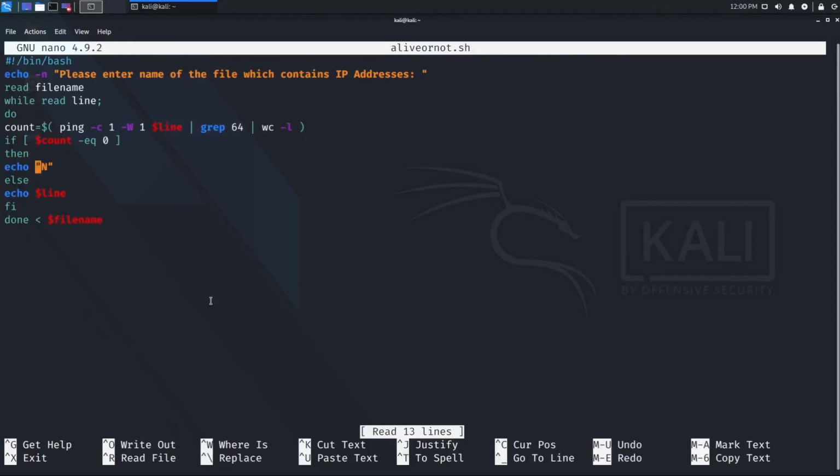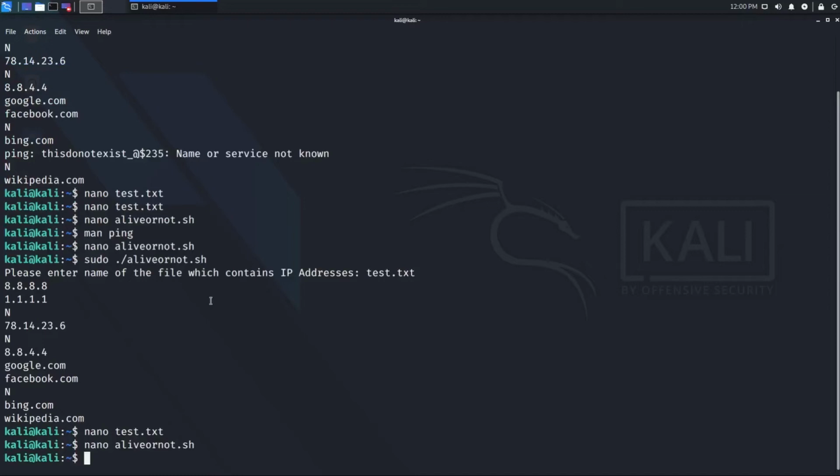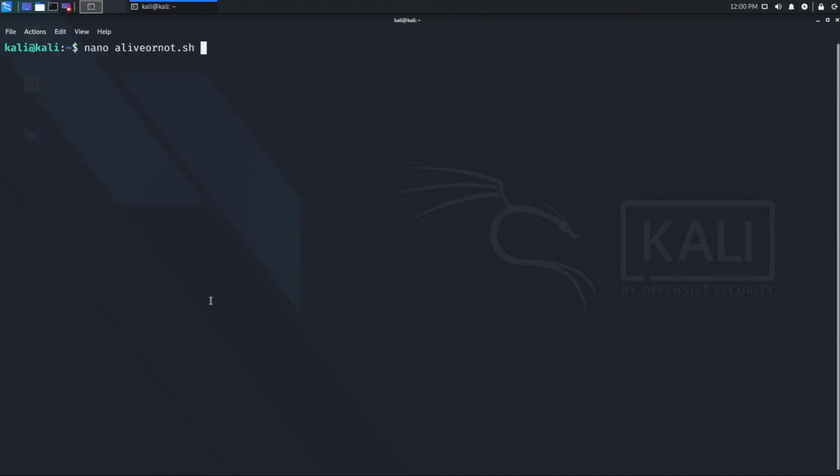I will not print this n if it is not responding. I am not going to print an n. I will just print nothing here. So I will just save it, because it helps me document the process much easier. Now if I type the same command